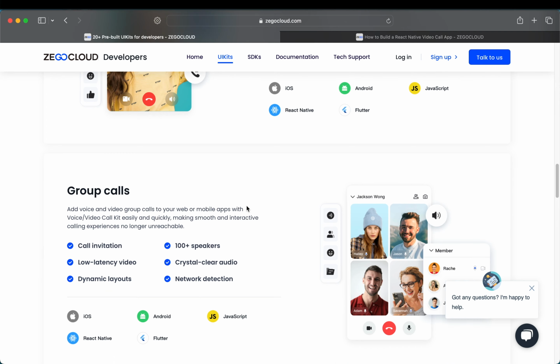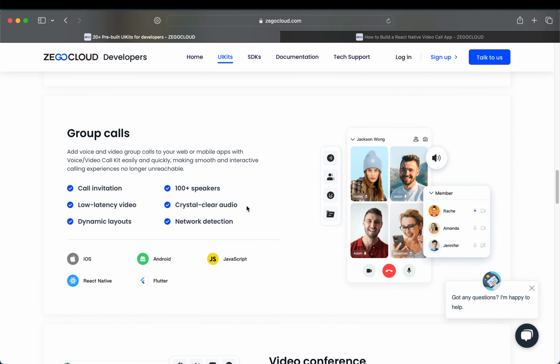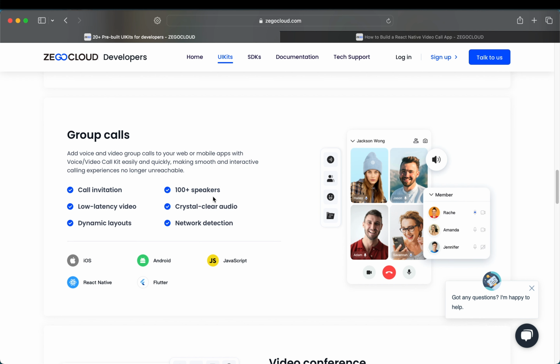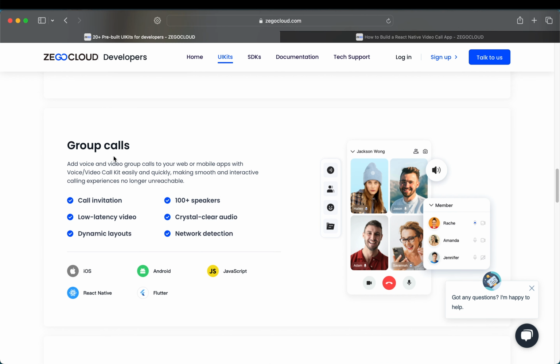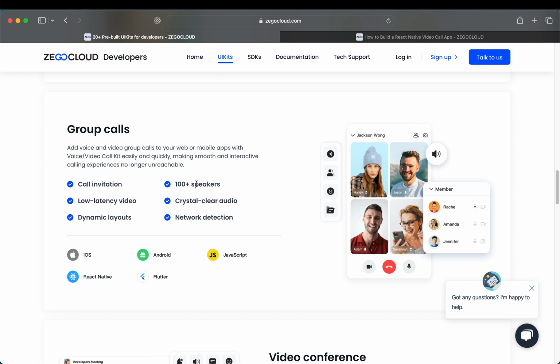And this works just like a normal video call app. It is a normal call app, right? So expect that. So you have options for group calls still under UIKit. And these are some of the perks, and the most interesting part is for every feature they have